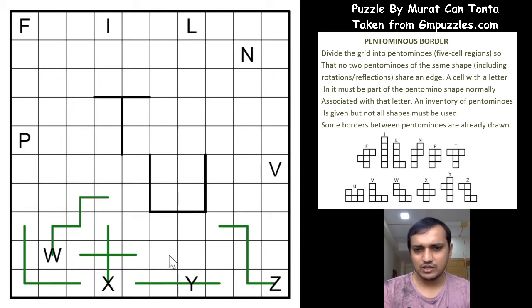Now for the Y, the extra cell will be either this way or this way. So if you have it this way, this cell is stranded. So the only way is this. And then this cell is continued, it cannot go up. So it has to be a different pentomino, the same way. So we have come here.